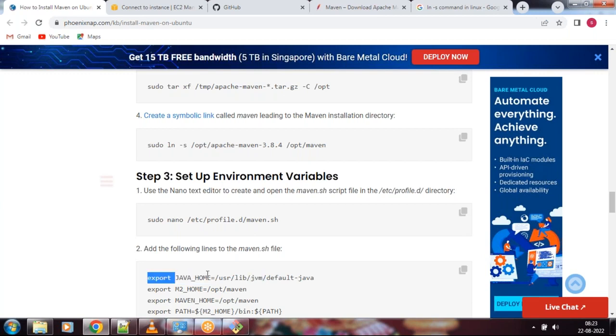So export is the command to export an environment variable. Like that, Java, this is a home directory. Okay, the Java home directory, JAVA_HOME, is the home directory which has these files. Like this,